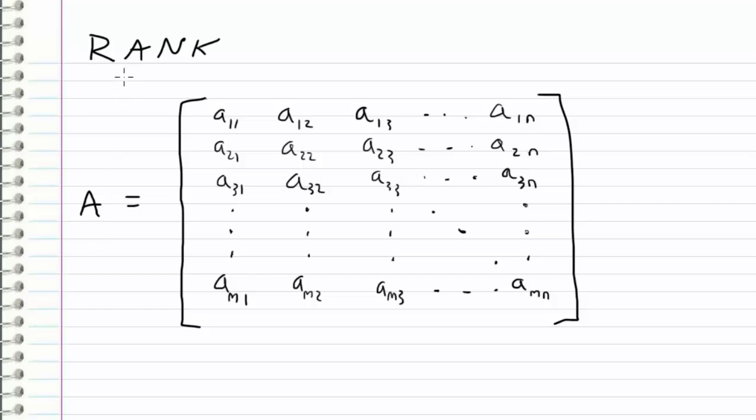So in this video, I want to talk about the rank of a matrix a little more. I briefly mentioned the rank of a matrix when I talked about the row space and column space of a matrix, but now I kind of want to tie it all together. So for an arbitrary m by n matrix, the rank of this matrix is equal to the number of pivots